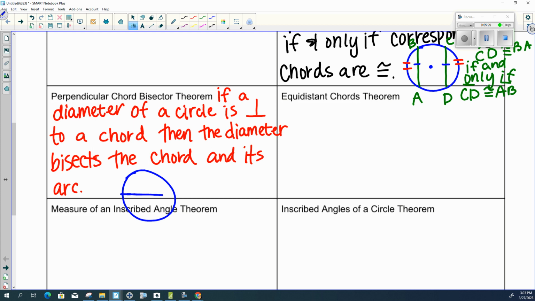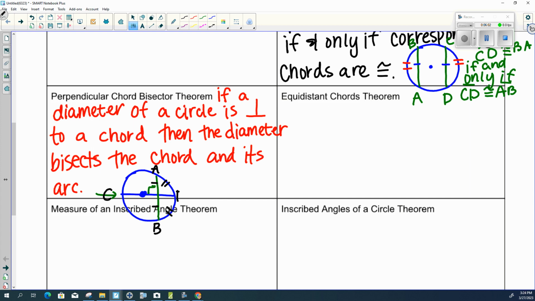Here is my diameter though. Remember, it's a special chord that goes through the center. Looks like a Pokeball. And then my second part is that I've got a chord that is going through it. So the diameter of a circle is perpendicular to a chord. If that's happening, then the diameter, which is this one again, bisects. That means it's going to cut this chord into 2 equal pieces. And it also said it's going to bisect this arc, this minor arc. So I better give this some names: A, B,